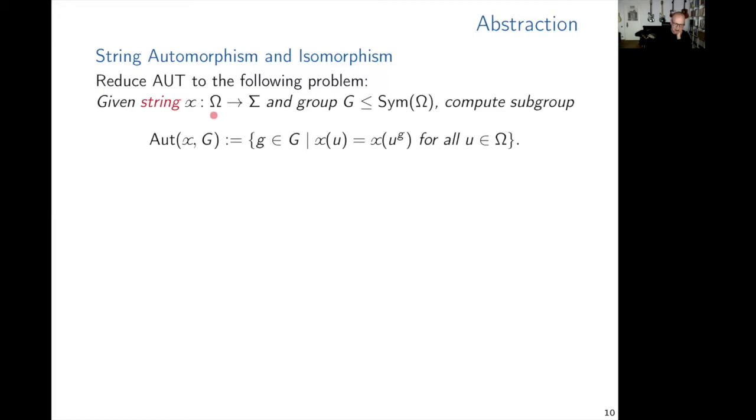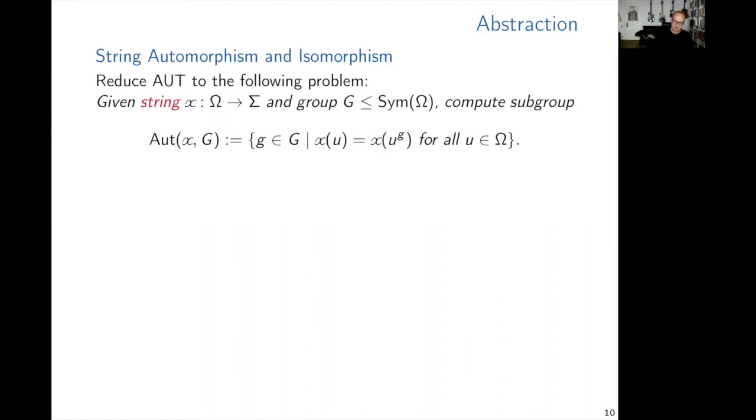It's just a mapping from some base set, for example, but it can be something else, to a finite alphabet. Okay, a finite set of colors, if you will. And then we have a group which is a subgroup of the symmetric group on this set, on the domain of our string. Okay, and then Aut(x, G) is to compute the subgroup of this group G, consisting